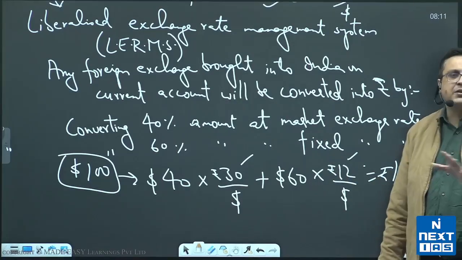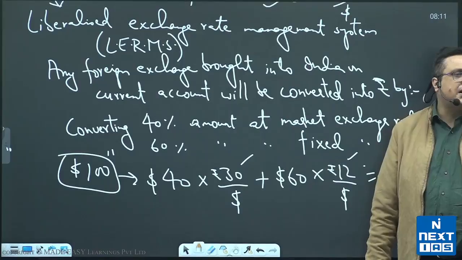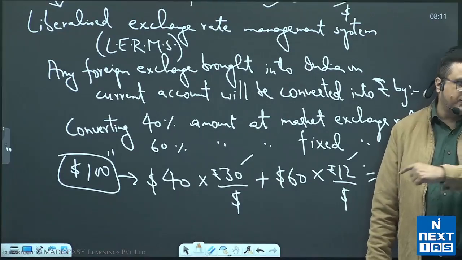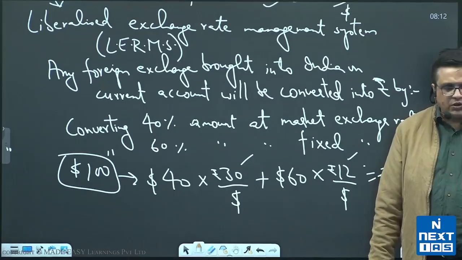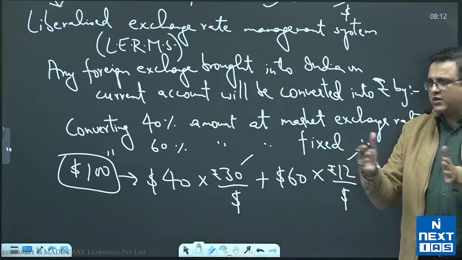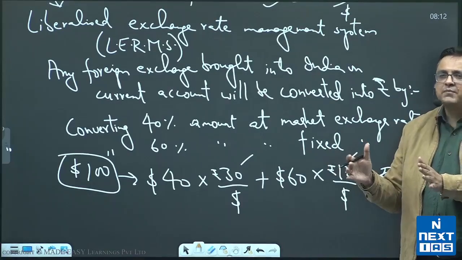ये एक transition का phase था. All right, this was a phase of transition. The government was trying to see how much fluctuation gets created if you shift this way. But this was about that, okay, we are neither completely fixed nor completely floating. We will gradually shift from one to another. Do I believe I'm clear to you on that?